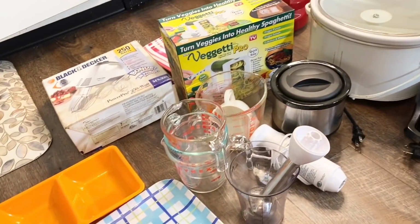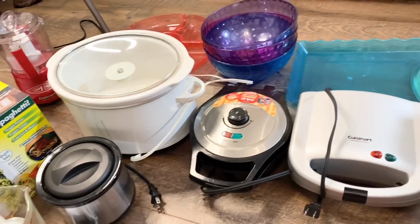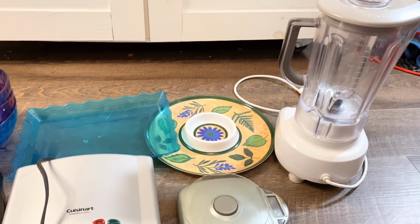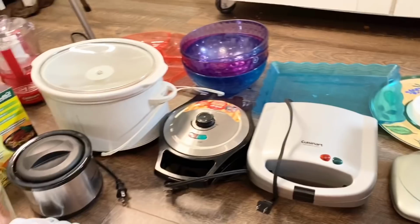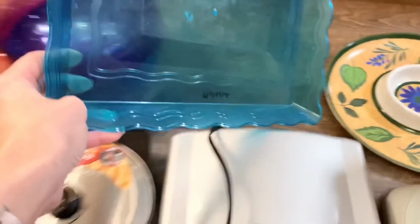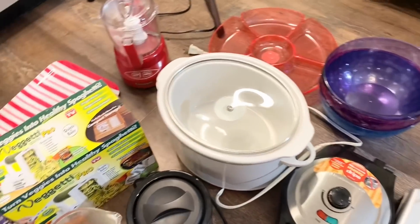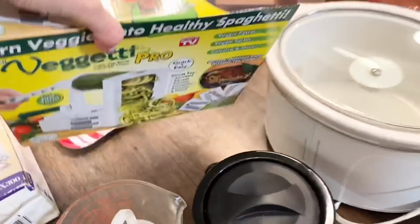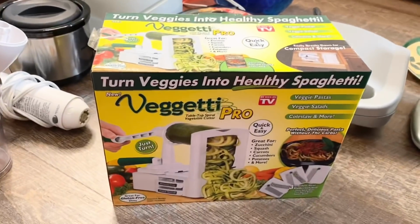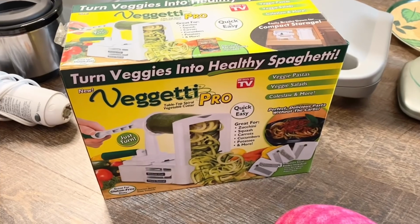So this is going to be the final section to go through because I can really feel the decision-making fatigue settle into my heart. And as I look around at all of the items, I realize that it feels good in my heart to let go of this blue tray. I don't really feel an attachment to it. Same with this little veggie machine that is right over here. I feel good letting this go. I haven't really used it in years, and I kind of buy the store-bought zoodles now anyway,